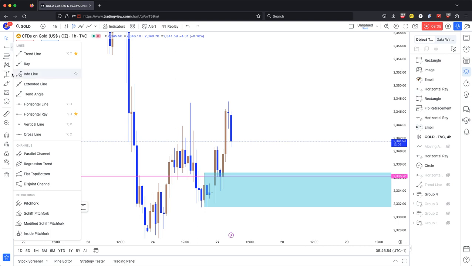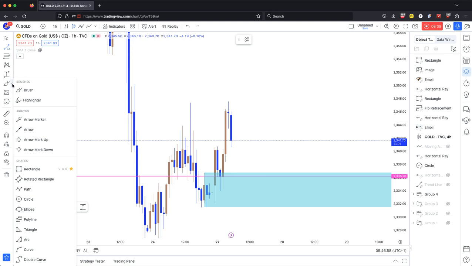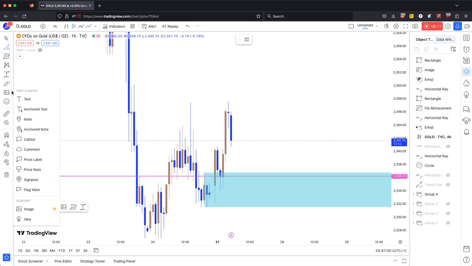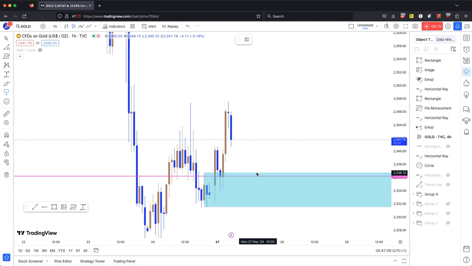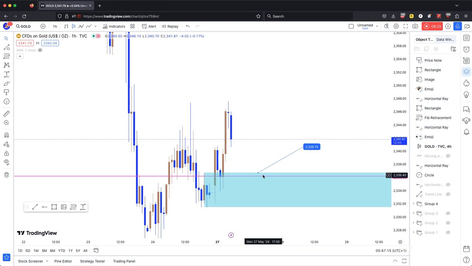Price anchored note. Price notes. Yeah, I like this one. So this box, I'm just putting a price note there. So once they start entering this area here, we just need to have a look. 2336.75. You just have to start thinking